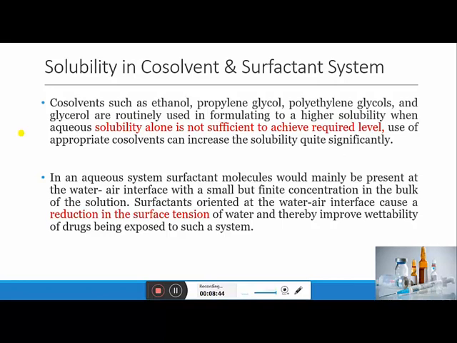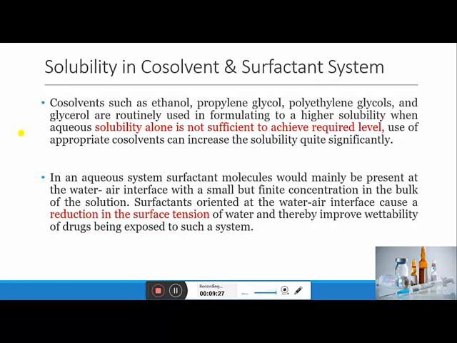How do co-solvents improve the solubility? Generally, co-solvents have a lower dielectric constant in comparison to water. So when co-solvents are added into water, they reduce the dielectric constant of water and that increases the solubility of the molecule in water. Another mechanism is like dissolves like, because a less polar substance can be dissolved in a less polar solvent only. So when solubility of a drug is less in water, it can be added to a less polar or semi-polar solvent like ethanol or propylene glycol. So that can lead to an increase in the solubility of the drug substance in water.